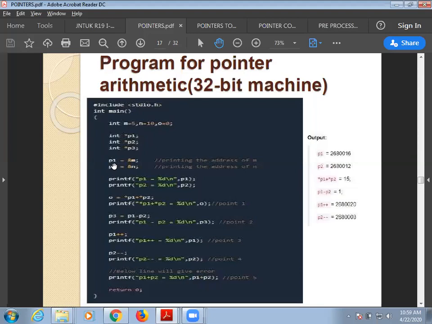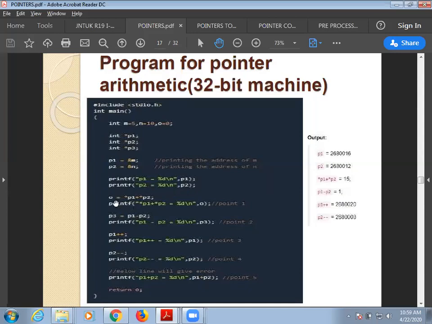Then I'm pointing p1 is equal to address of m. I'm pointing p1 to m. Next, p2 is equal to address of n. I'm pointing p2 to n. Okay, so in this particular line, p1 will print the address of m, p2 will print the address of n.